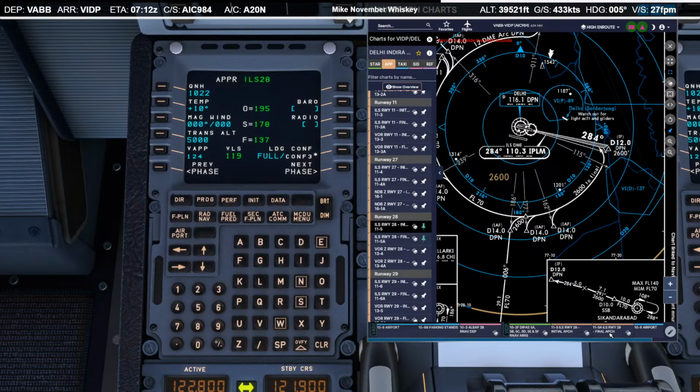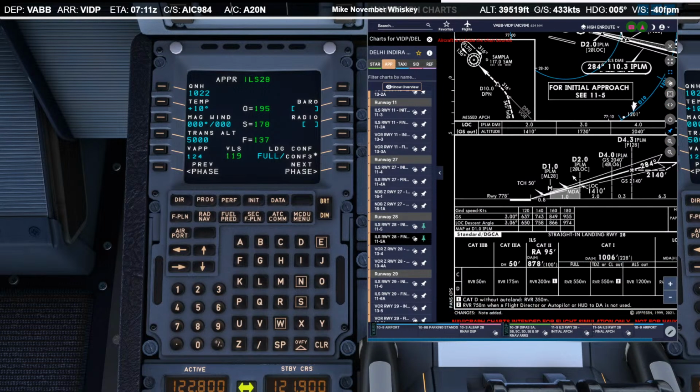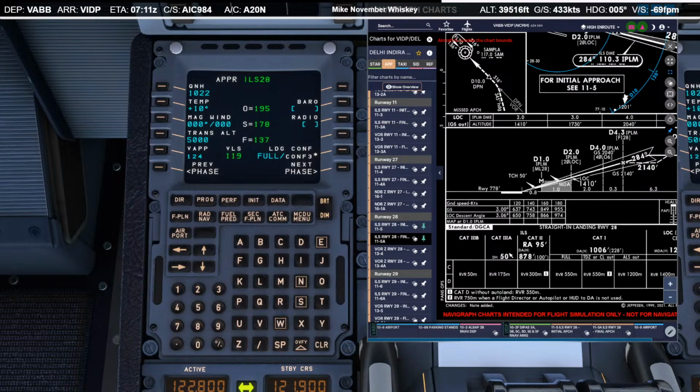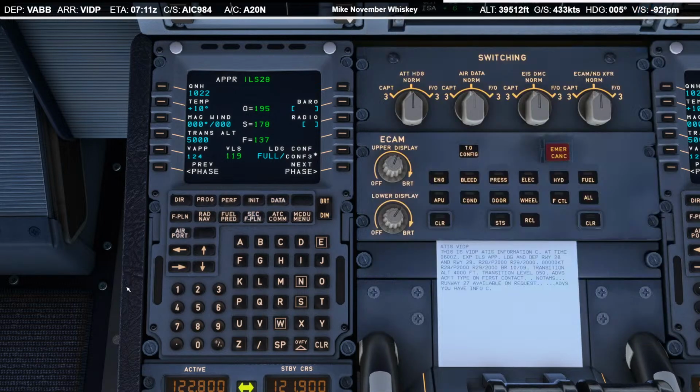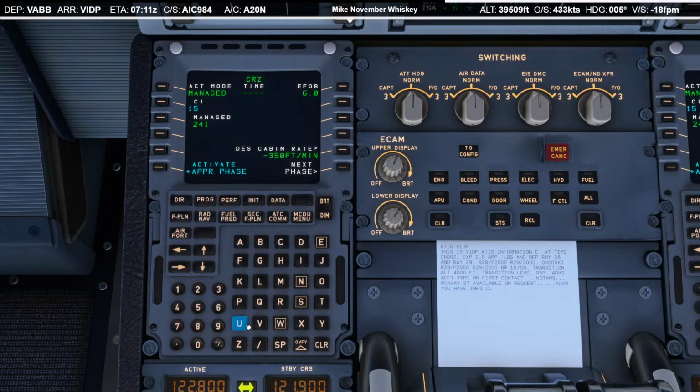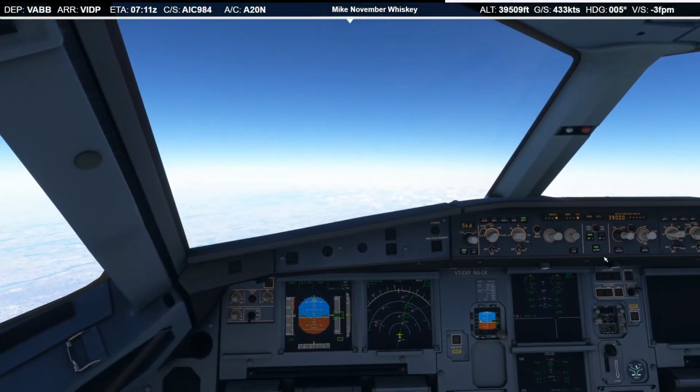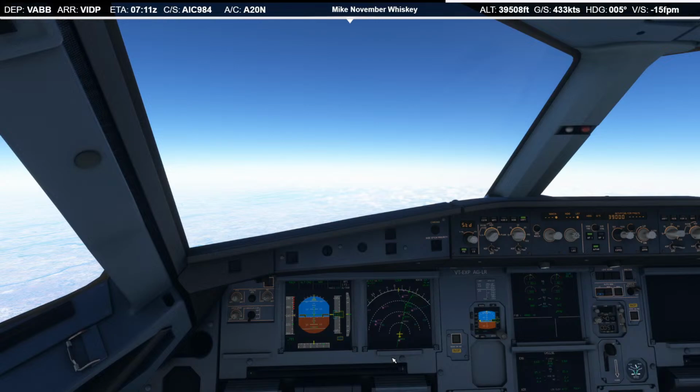So we'll use radio minimums for class Charlie. We're not going to do an autoland, so I think we're just going to do an ILS. Guess it's a Cat 2. Yeah, so we'll do 100 radio. Okay, so that is set. And we'll plan for low brakes. It's a pretty long runway.